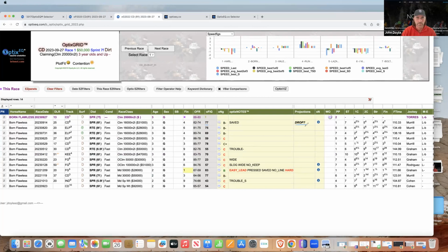I don't know where they're going to drop him. I mean, I guess he can go down to the 10,000 level, but I don't know if there's much difference there. But the one thing to notice about this horse is when he's forwardly placed, the gelding runs okay, right? So this is a race where he's forwardly placed. His maiden win was forwardly placed. Now, he did get an easy lead, and he ended up kind of drifting at the end, no line. And it turned out to be a hard race, and it took him a long time to recover from that race. But you get the idea that if this horse is forward and he can get forward,